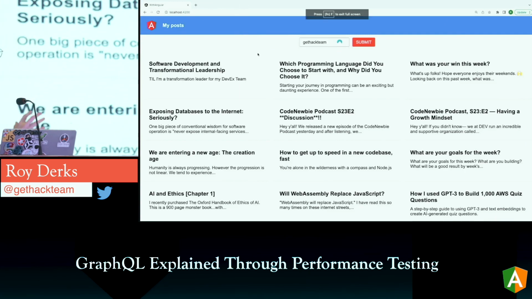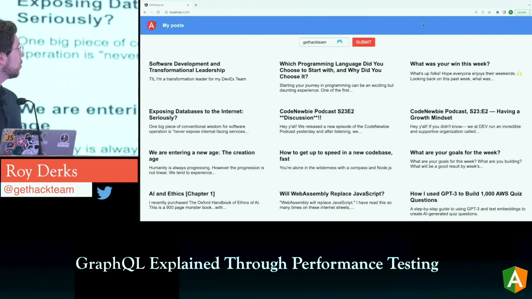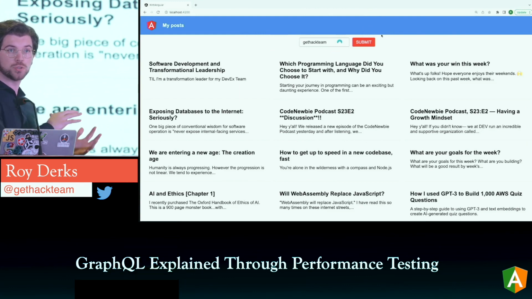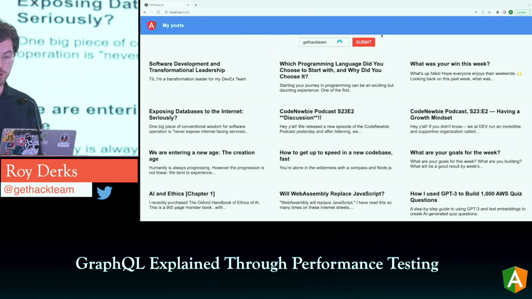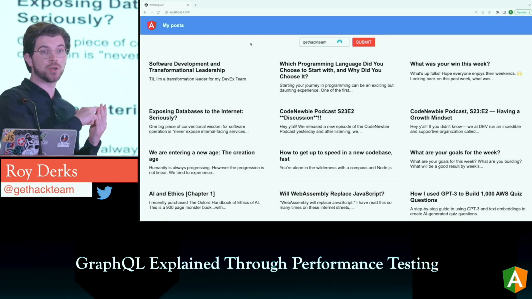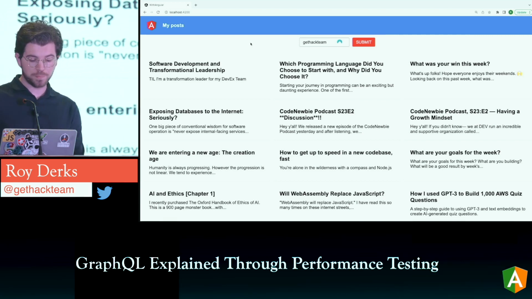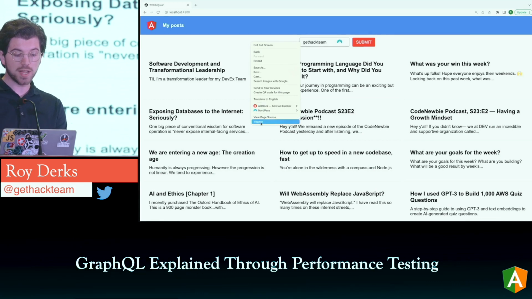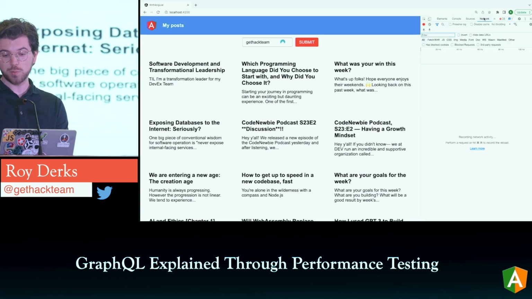You can see it shows a list of posts. There is a way to search for a subset of posts by username. So this is my username for Practical Dev. And we're not doing much. We're showing the title and we're showing the body of every article. But if we go to the network tab, you can actually see what data is being loaded.